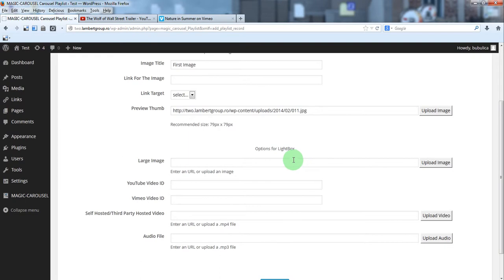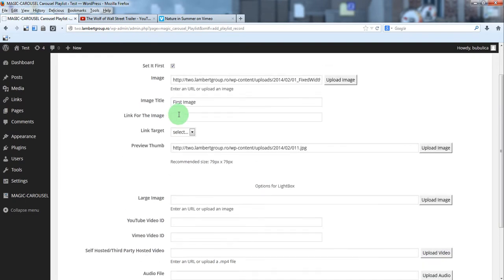These will be opened in a Lightbox window, and the link will open in the same window or in a new window. We'll make an example for each case.